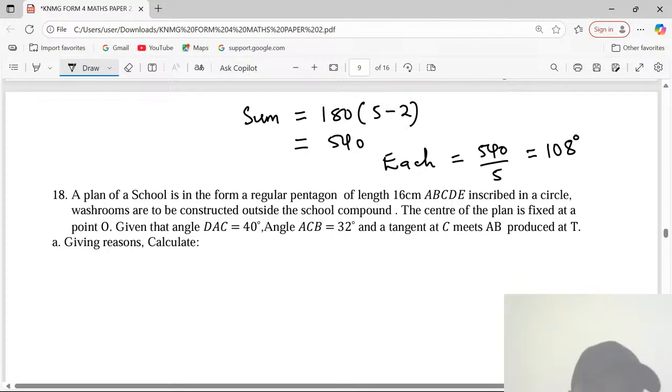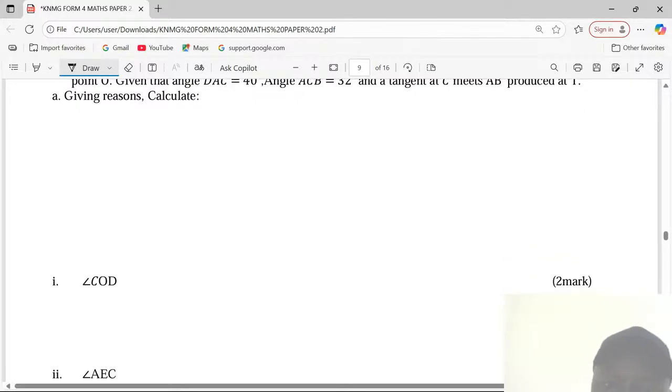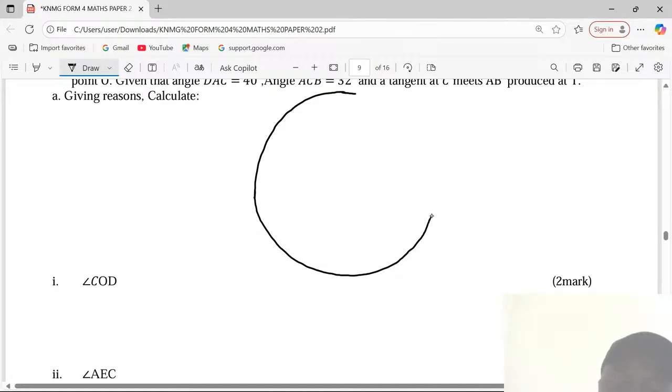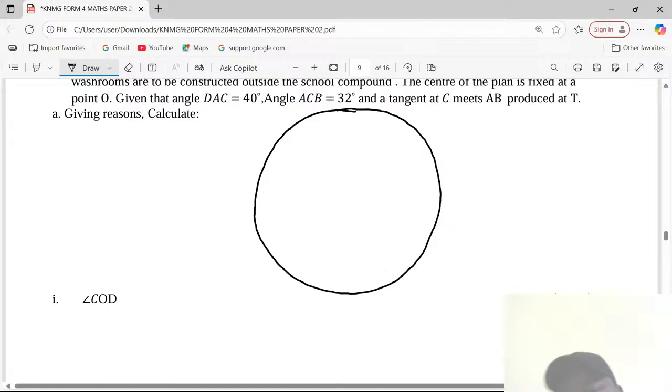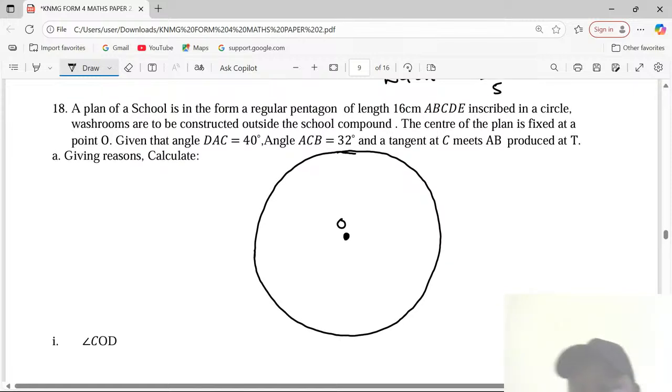That is a very serious piece of information, 108. Therefore, let's begin with the school compound, which is circular. The school compound is circular, so it's sketchy information. Let's not judge the circle so much. Then there is a center here, a center that we are calling center O. What are we told? That there is an inscribed